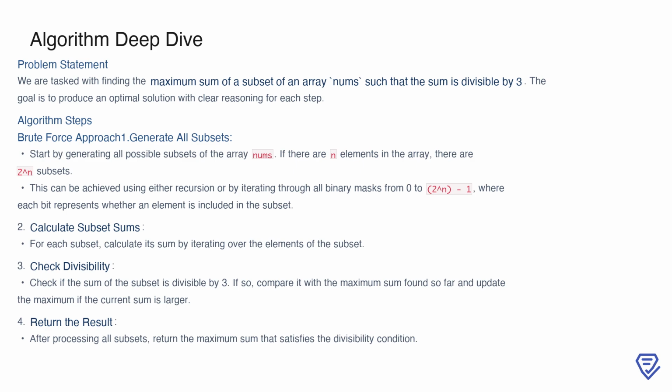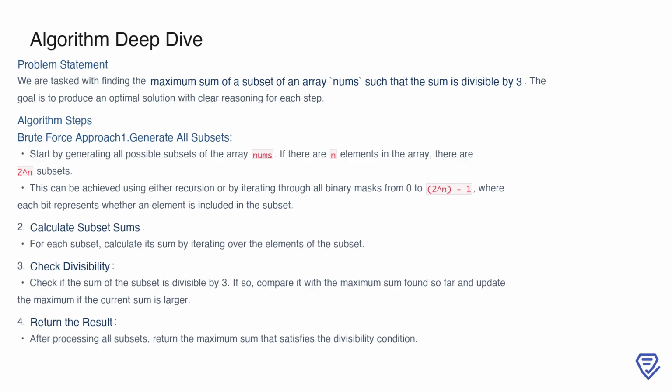Once we have the subsets, we calculate their sums and check if they are divisible by 3. If a subset sum meets this condition, we compare it to the maximum sum found so far and update the result if necessary. Finally, after processing all subsets, we return the maximum sum that satisfies the divisibility condition. While this approach is conceptually straightforward, it is computationally expensive due to the exponential growth in the number of subsets